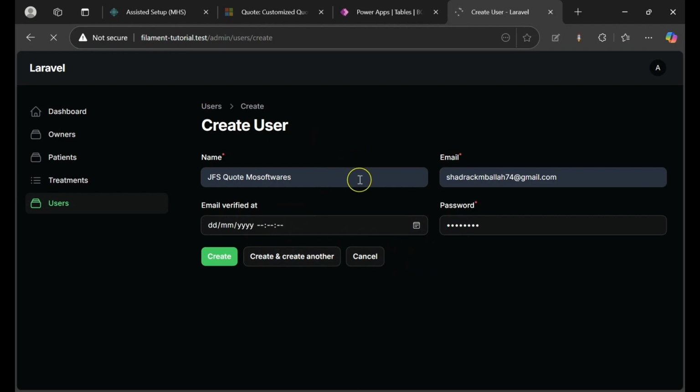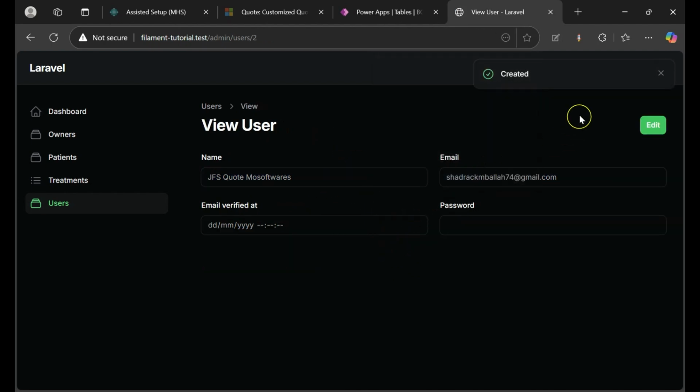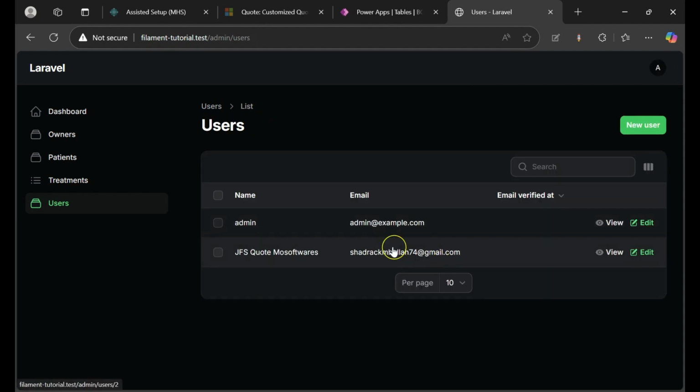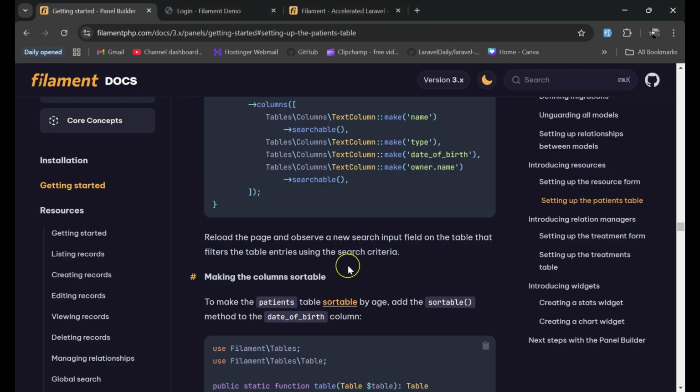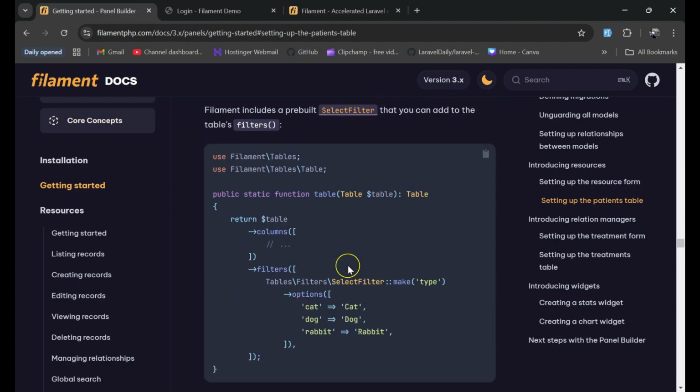So this will create the new user, as you can see. So now you can see the list of our users. So we have this one, and also we have this one. So that's how easy you can do it. So the next part that I need to do is to introduce you guys to what is known as relationship